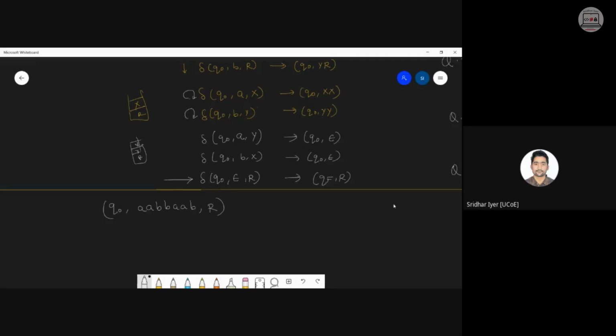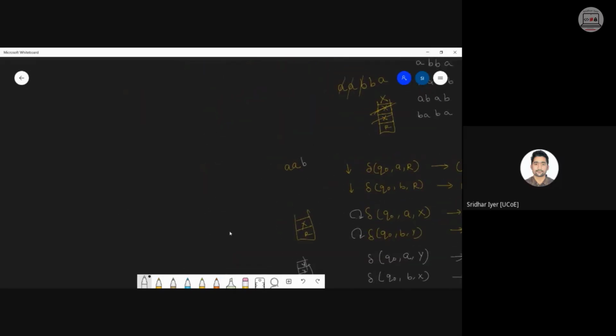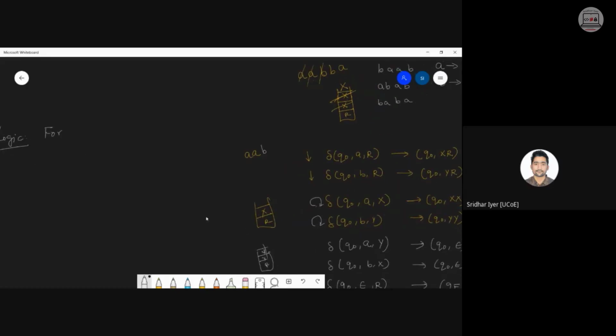Yes, let me tell you the logic first, because I missed that step and started the direct implementation. Okay. For the initial A, push X. For consecutive A's, push X, same thing.